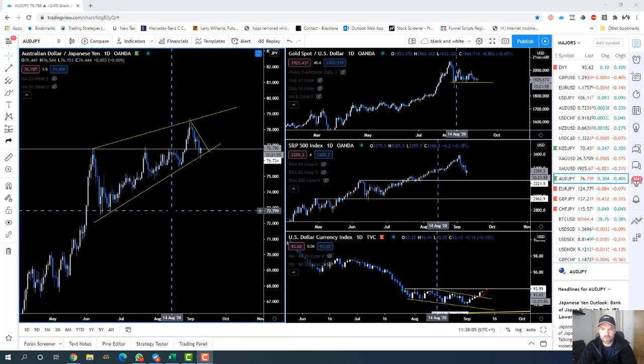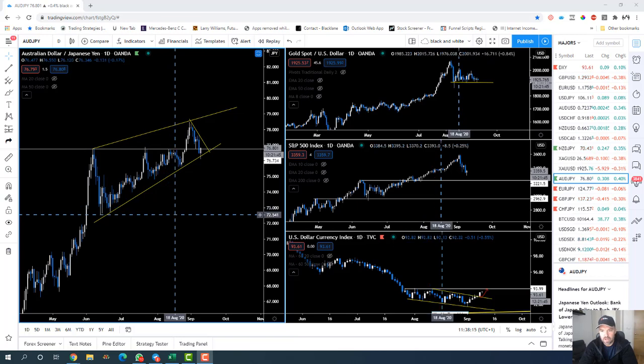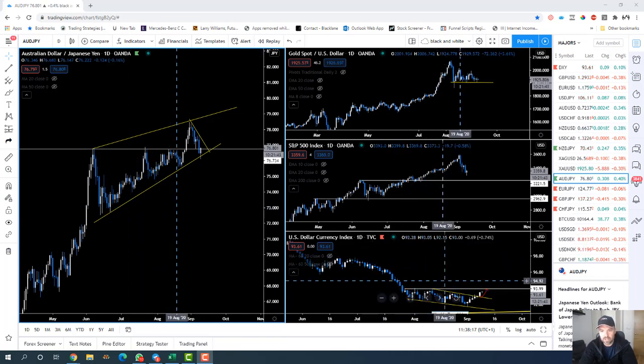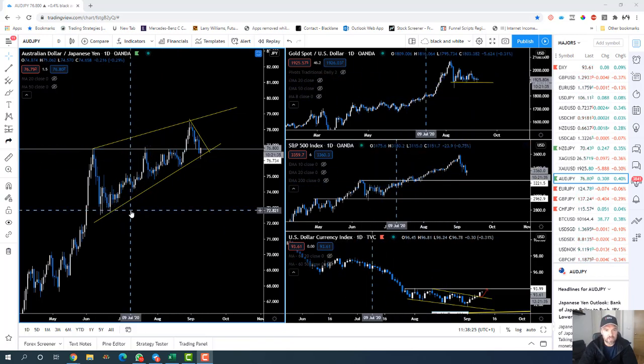It's been a really interesting time in the markets recently, and I just want to talk about correlations and risk on, risk off, and how markets move when there's a particular movement in one currency. The bottom right hand chart is the dollar index. We've got the S&P 500 just above that, gold on the top right, and to the left we've got Aussie yen. So all traditionally looking at dollar strength and risk sentiment.